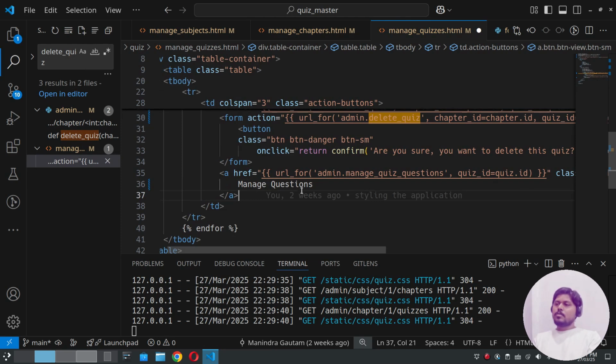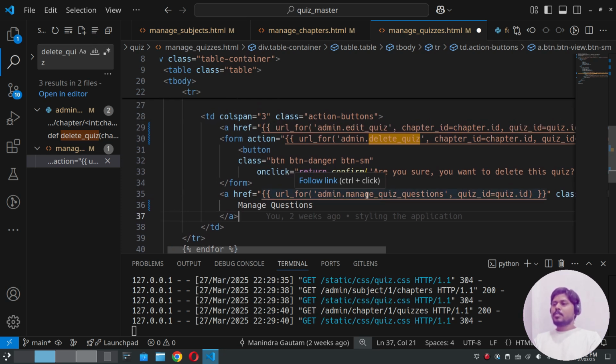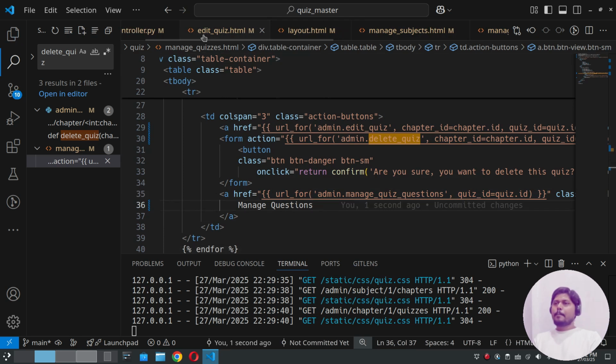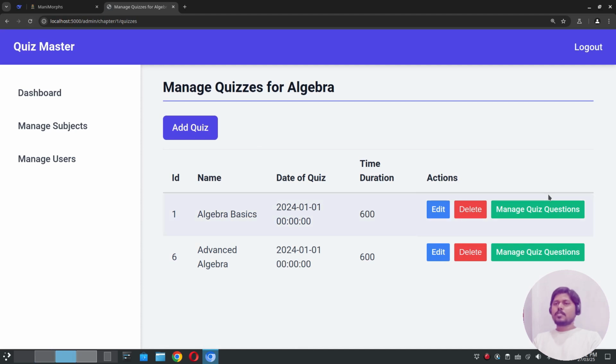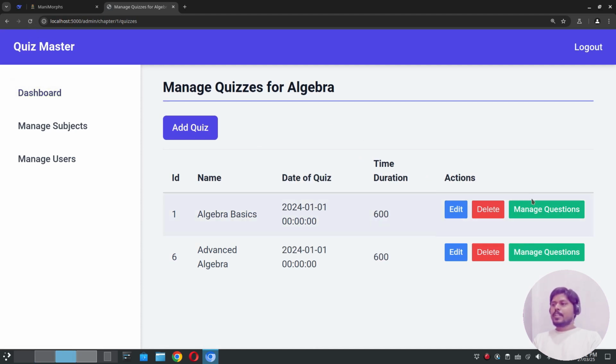we will also update the URL too, okay? Because already we have to update it, so we will also update the structure of the URL. So it will be manage questions only, not the manage quiz questions, because we are already adding the quiz with the URL. Okay, cool. So go to the admin controller now, and first reload the page because we have changed here. Reload. So it is now the manage questions,